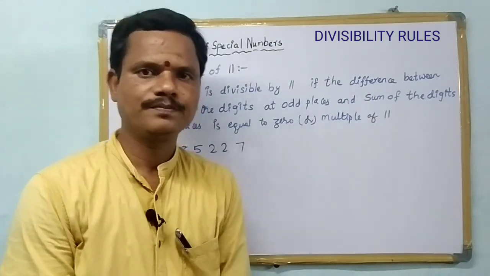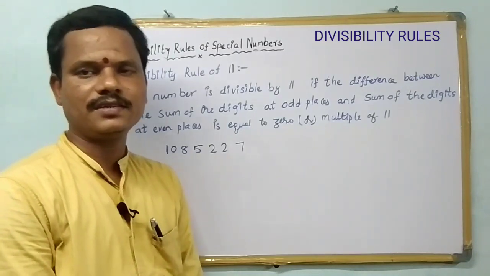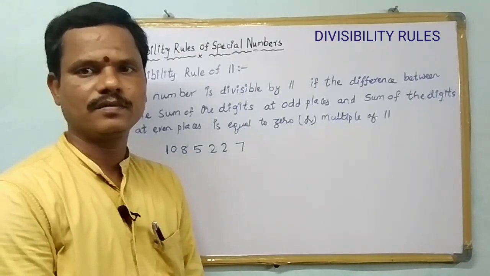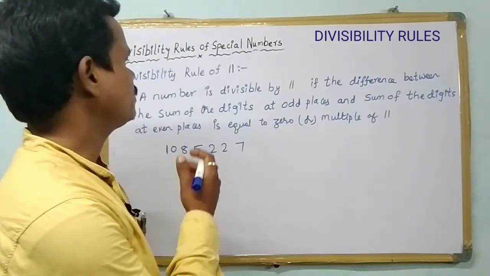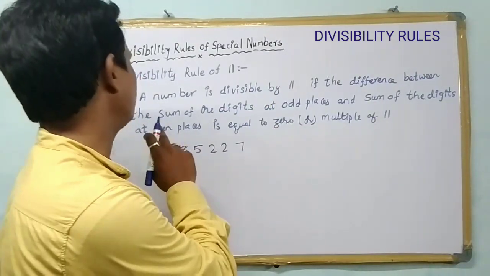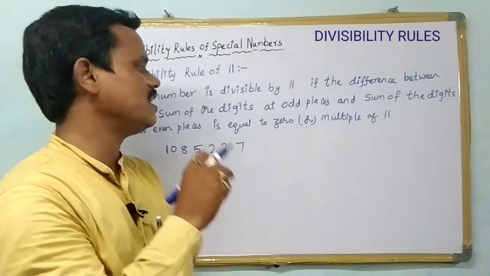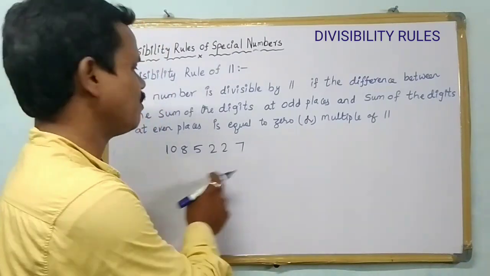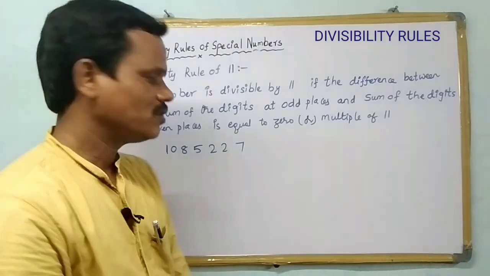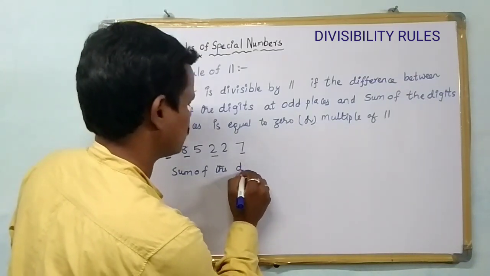One more example: 1085227. Check whether it is divisible by 11 or not. What is the rule? The rule is that the difference between the sum of the digits at odd places and the sum of the digits at even places should be equal to 0 or a multiple of 11. Then the number is divisible by 11. Now the sum of the digits